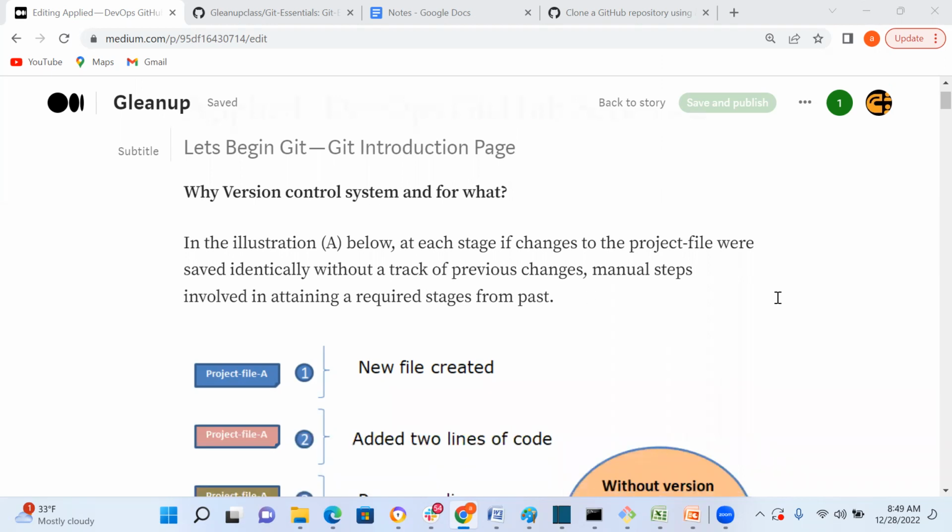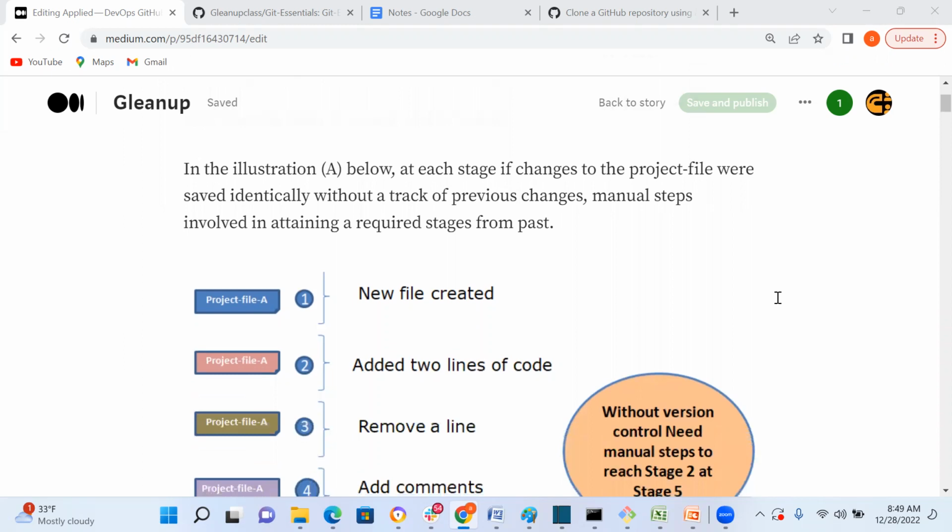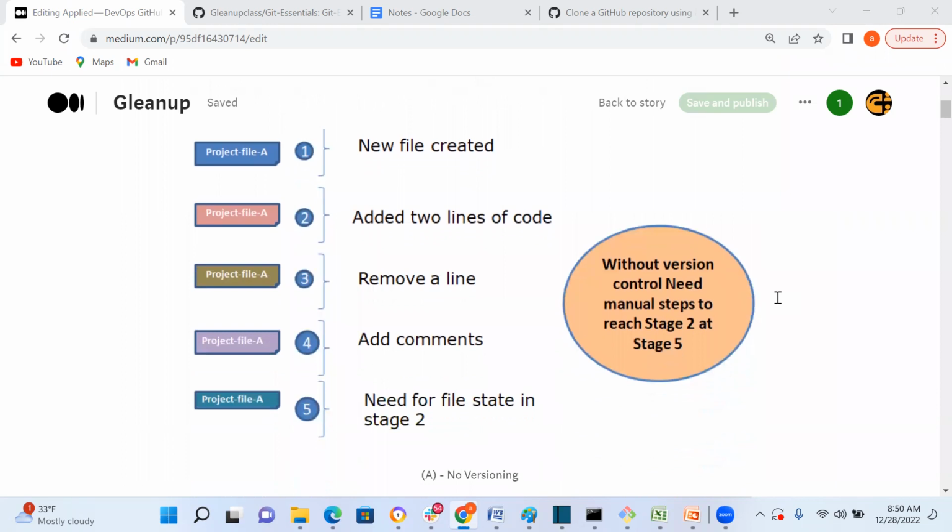So why do we need a version control system and for what reason? Let's consider a use case. We have shown an illustration here. Consider there is a project file called A. You are creating a new file A in the first step. Second step, you are adding 2 lines of code to that file. Then the third step, you are removing a line from the 2 lines of code. And the fourth step, you are adding some comments, and